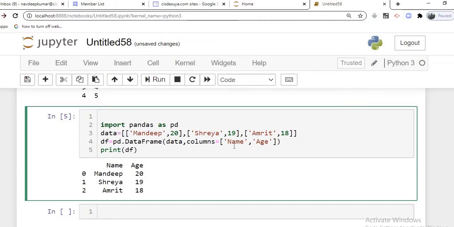Clear? So this is how we have done it. We are creating the data frame using a list, and this is a very applied sort of thing you have seen here.